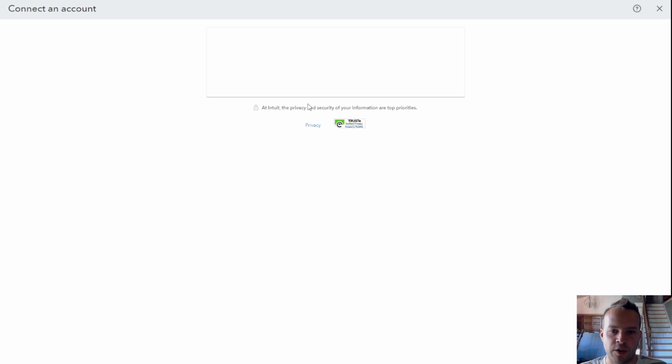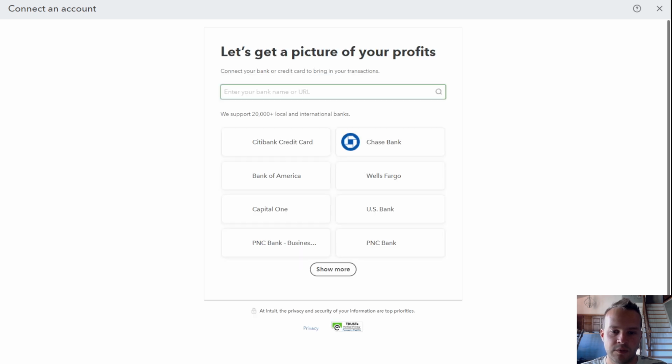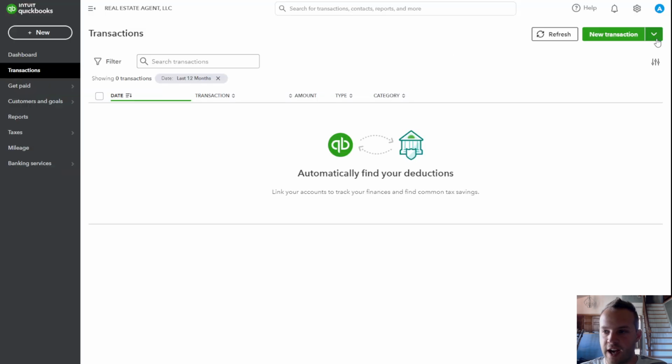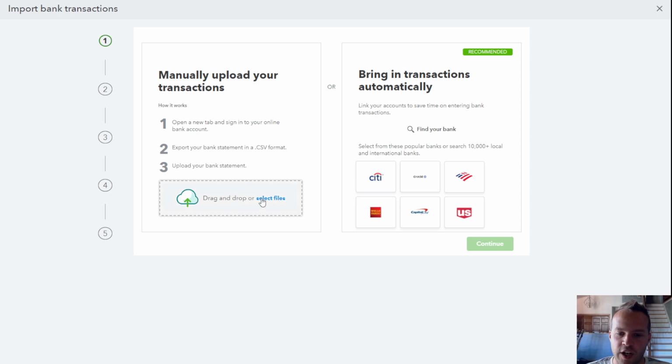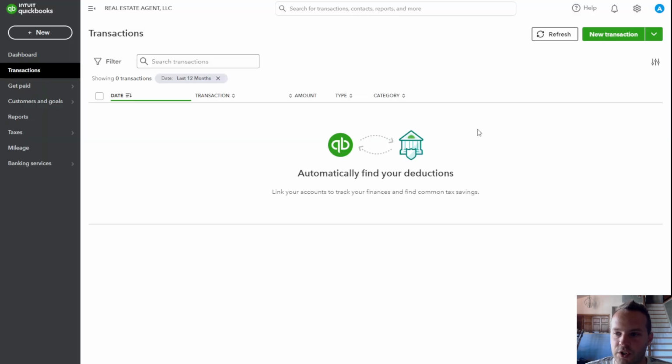And then you would just follow the prompts to link your account, whatever bank that you have. If you were looking to upload your bank statements, let's say you are worried about data security, so you don't want to connect your bank manually, you can always drag and drop your files or select your files and upload in a CSV format. As long as you can download the CSV format from your bank, which is kind of like an Excel file, you'll be able to upload it here into QuickBooks, and they will upload the transactions